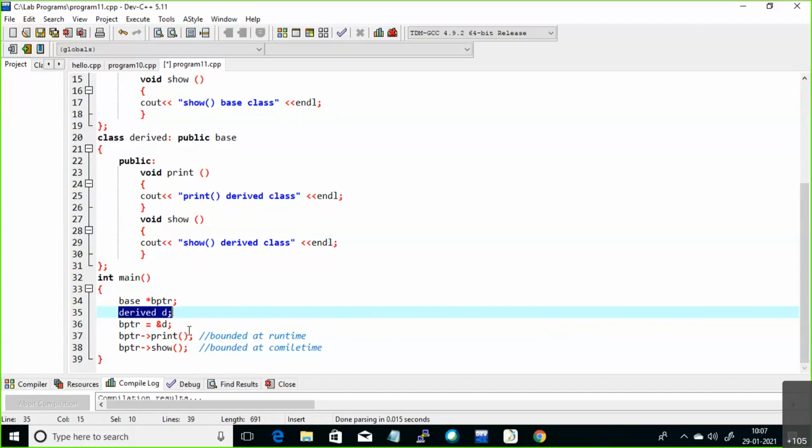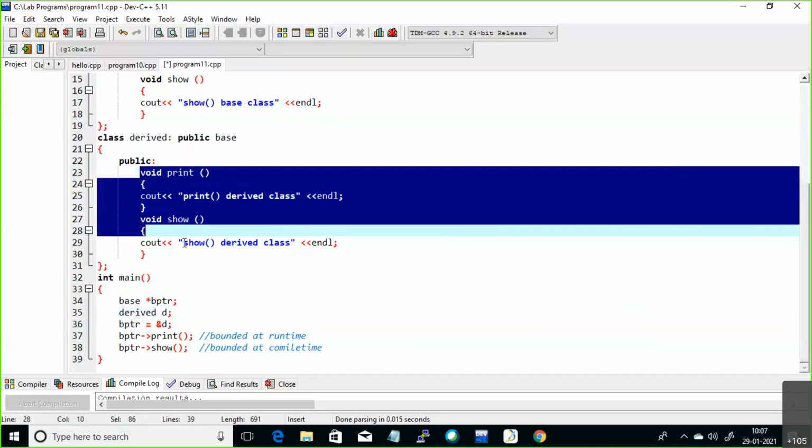But in yesterday's class we have already seen what happens if I call by using a derived class object. I'm going to access only derived class members, because these functions are overridden, the methods which are present in the base class. By using the derived class object, you can only access these methods.